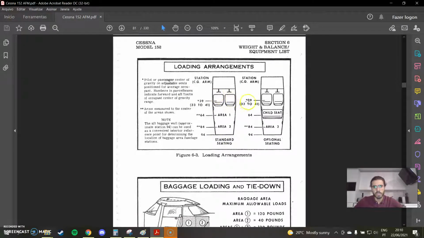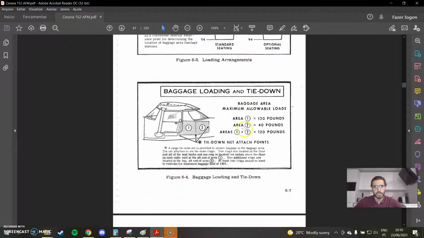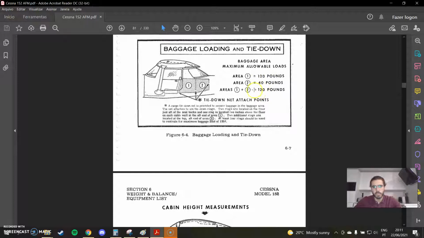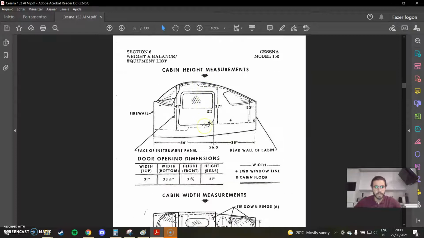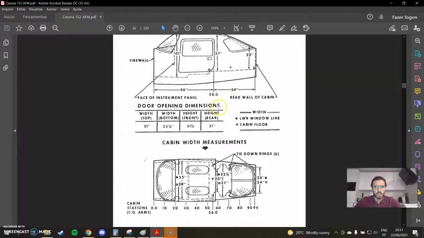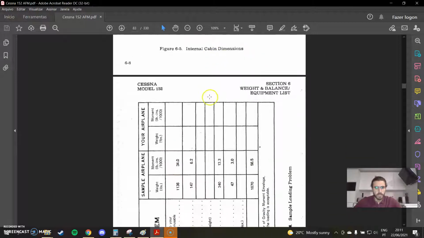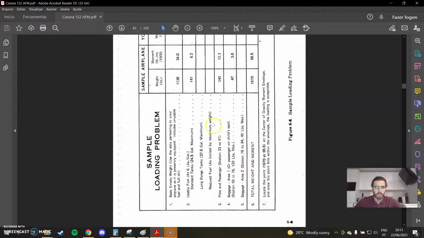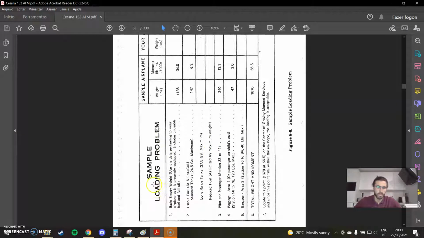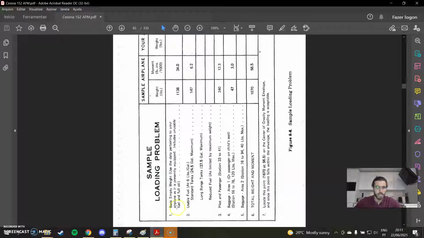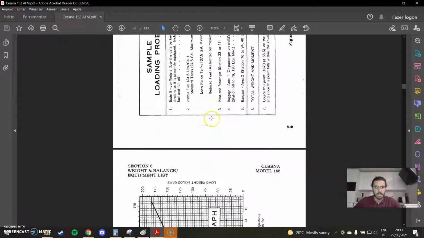So here, as I showed you, loading arrangements, baggage loading and tie down. These are maximum values of loading. Then you have a lot of specs of the aircraft, and then look what we have here, the loading sheet. This loading sheet is here. This is where I took it from, and then